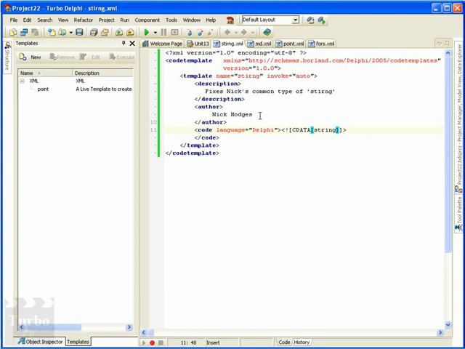Hopefully you'll explore them a little further and use them to create your own templates so you can speed up your own coding. One way you might want to use them, and I probably should have used them here in this demo, is you can store up demo code and use them to invoke big chunks of code that you might want to use during a demo, or big chunks of code that you might want to put at the beginning of every unit, like specific types of comments that you want to have or anything like that. The sky's the limit on how you can use these things, and I encourage you to explore them, use